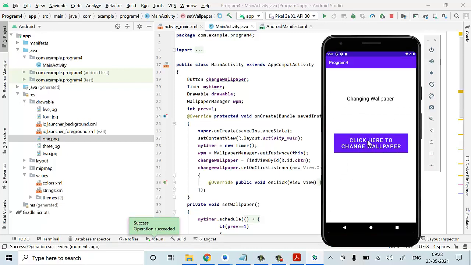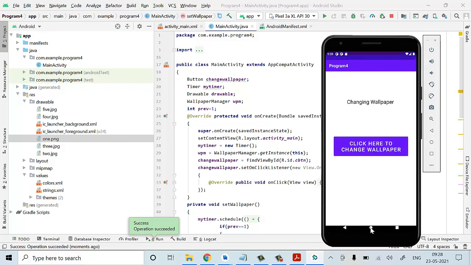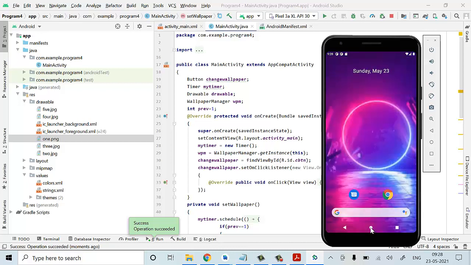So once I click this, automatically your wallpapers will be changing in the background. You have to click this button and then minimize it. You can check it out, your wallpapers will be changing in the phone. For every 30 seconds it changes.